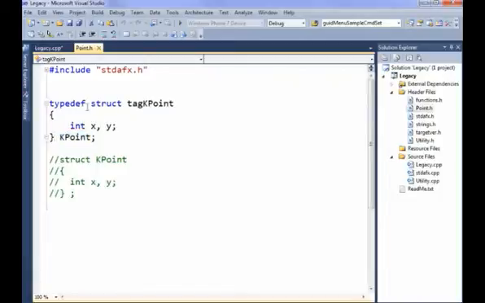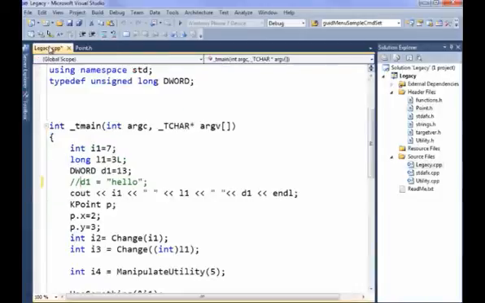So all this part is what a kpoint is. And that sort of maps with here, where all this is what a dword is.